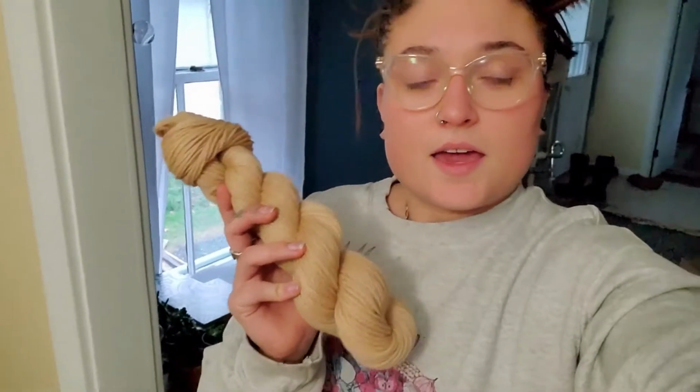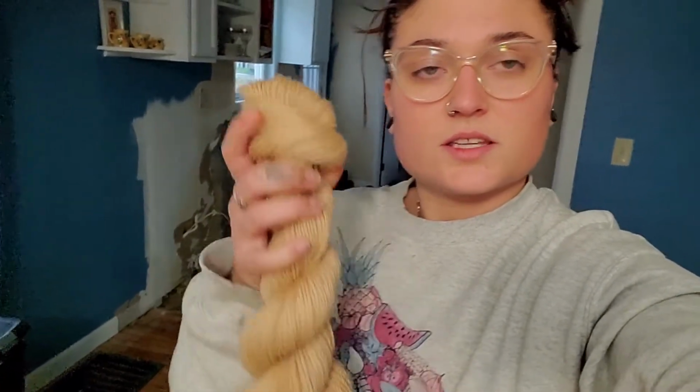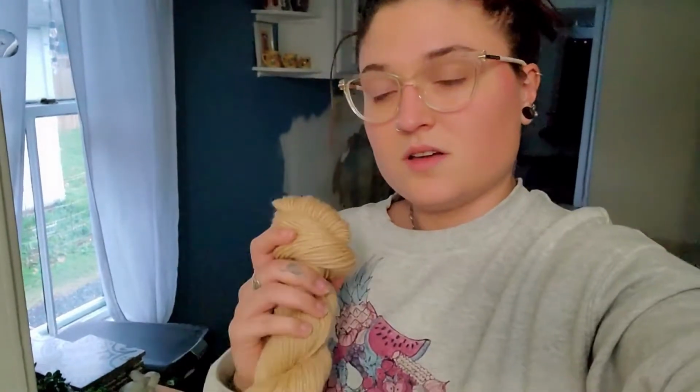And when you're ready to use it, you just pop this off over, just like the last step that we did, and it will come back into a hank, which you can then unroll from the middle, inside out, and twist into a cake of yarn for your knitting,